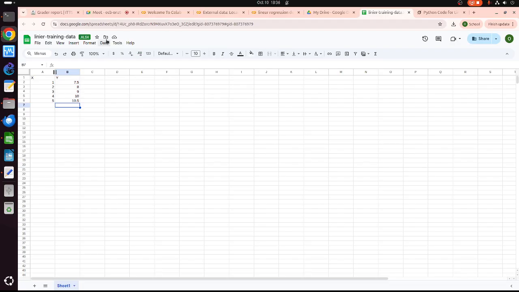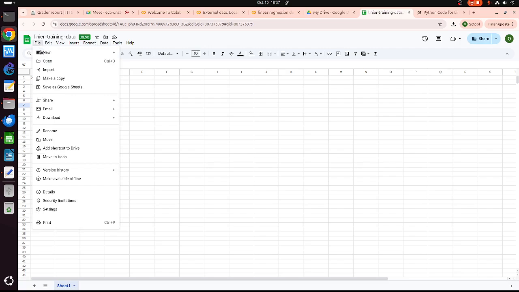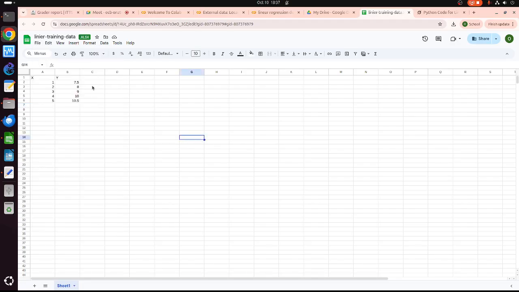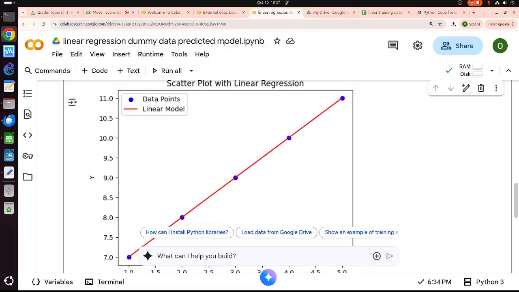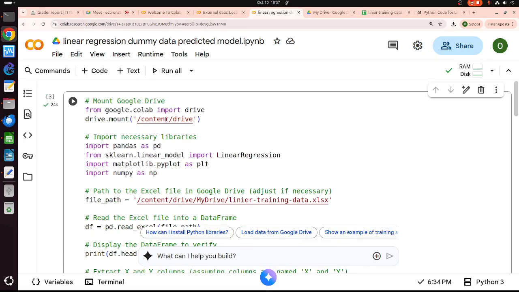I think Google will save it automatically. Okay, hopefully, I don't know. Let me rerun. So I change the data and then rerun again.